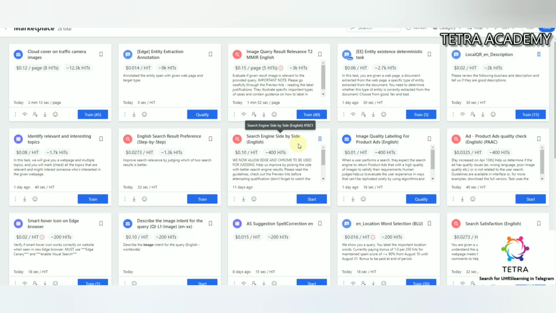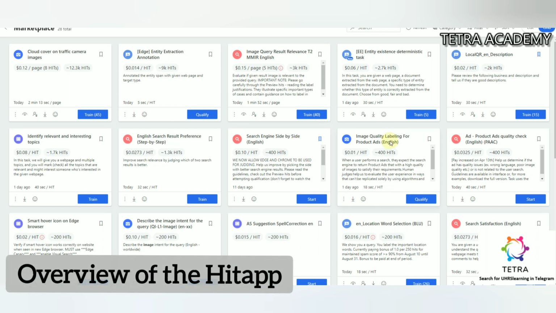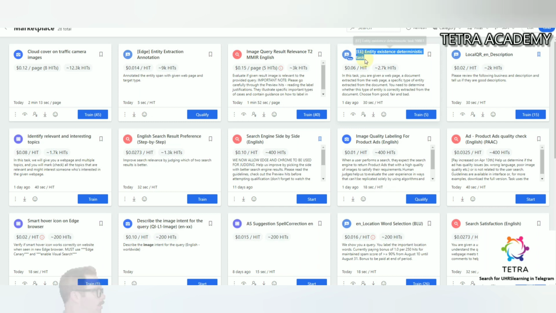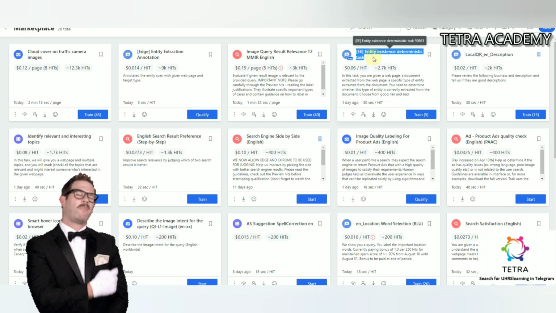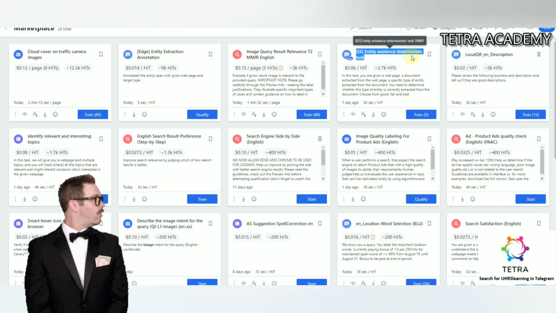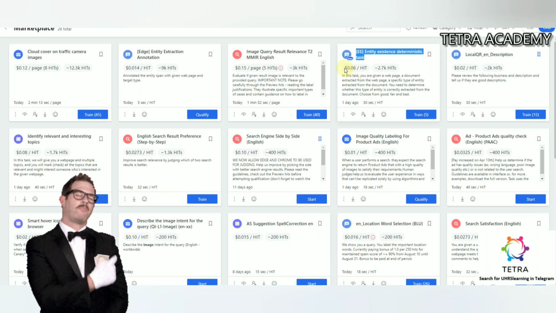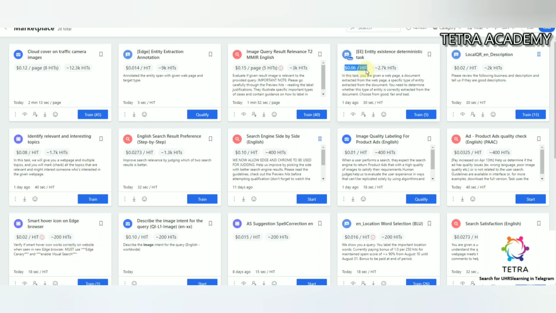Just this week, a very nice HITAPP was published in the marketplace: EE entity existence deterministic task, and the rate is increased by $0.06 per hit. It means it is doubled, and it has a good amount of hits available. The main thing in this task,